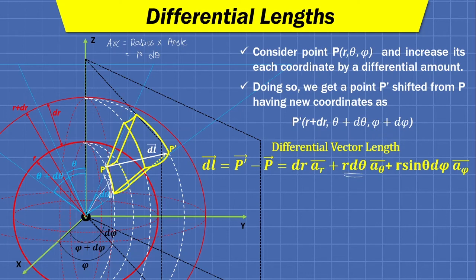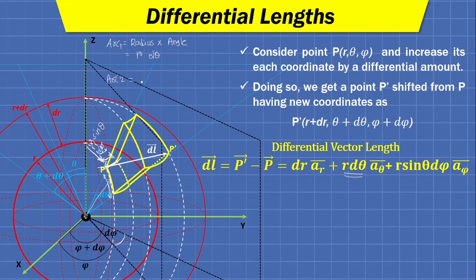And considering this length now, we know that over here this vector is r sine theta, which we have already shown when we were establishing a relationship between the spherical and Cartesian systems. So this length is r sine theta and the difference of angle over here is d phi. As you can see over here, this difference is d phi. So similarly this difference will also be d phi. So the length of this arc, here the radius is r sine theta, let's say it is arc 1.